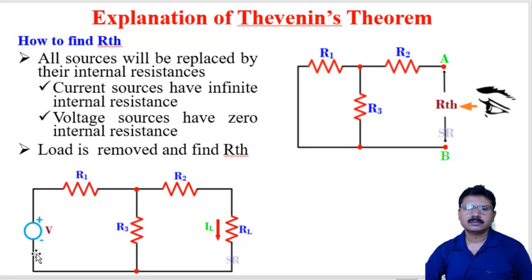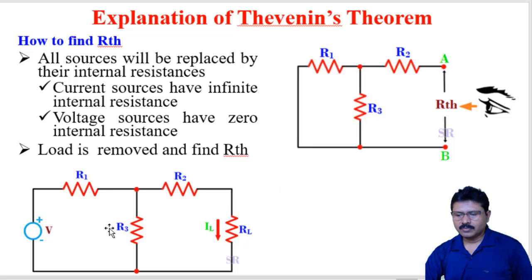Normally, for the case of an ideal voltage source, the internal resistance is 0 and for an ideal current source, the internal resistance is infinity. For the case of a voltage source, if only the magnitude of the voltage is mentioned, we will consider that the voltage source is the ideal voltage source. Here nothing is mentioned about the resistance, so this voltage source is the ideal voltage source and the internal resistance of this voltage source is 0, so this will be short circuited. See here, this is short circuited.